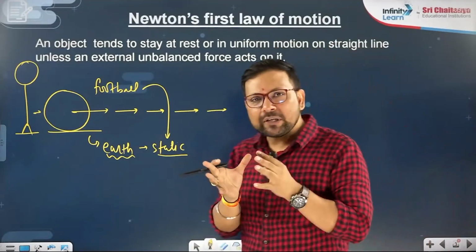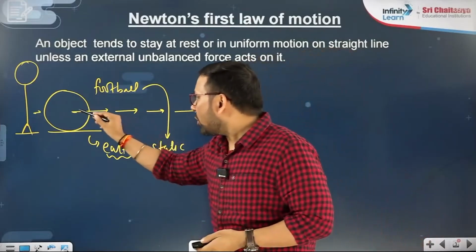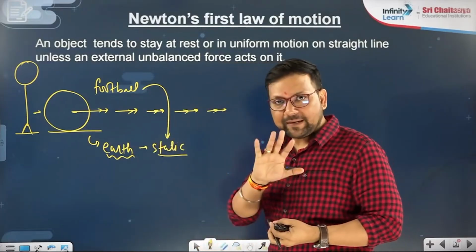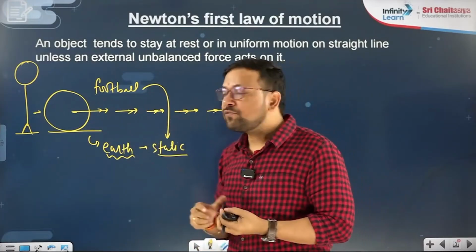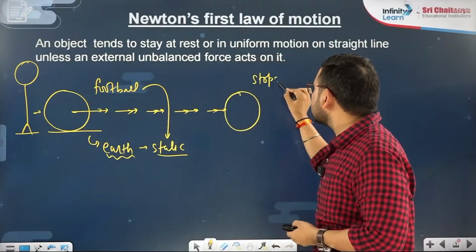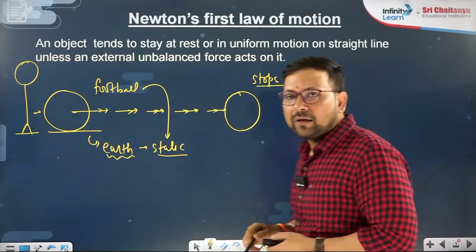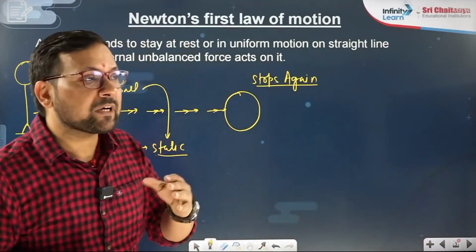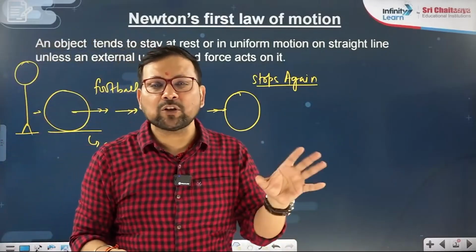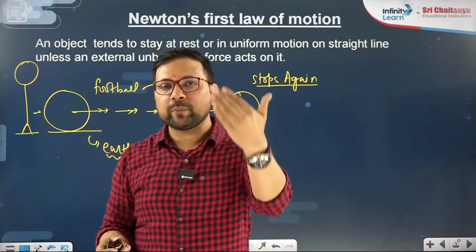According to the law of inertia, that was actually the discovery, or you can say discussion, of Galileo. If a body is at rest, it wants to be at rest because of its inertia, obviously. And if a body is in motion, my dear students, it has to stay in motion. Then why does the football stop again at some point? Obviously, the football stops because of air drag, because of friction provided by the ground. So the football stopped because of forces, that is the air drag, or the friction applied by the ground.